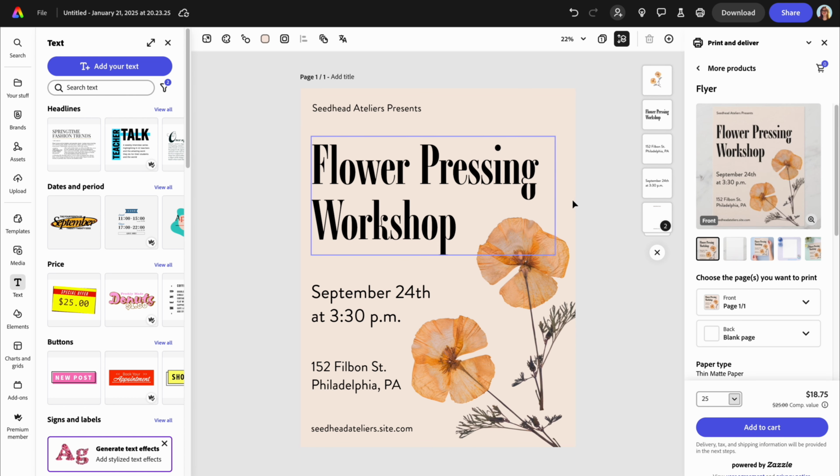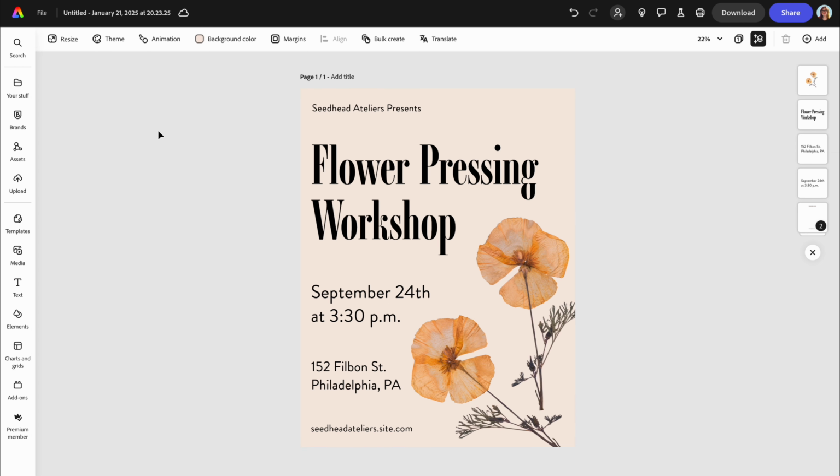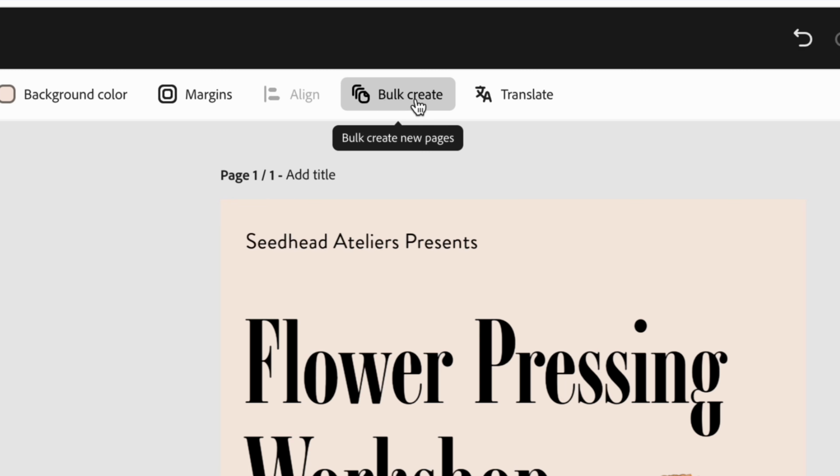So it's all about being organized and making sure that you can find what you're looking for on stage, because there's nothing worse than being flustered, and there are so many ways to save yourself from having that happen. So this is a workshop flyer. This is a really great template for showing off a bunch of different features,